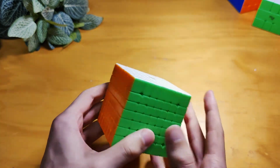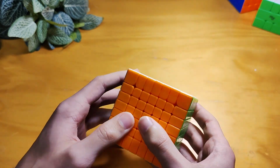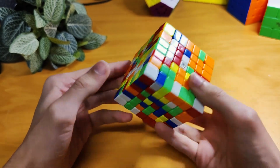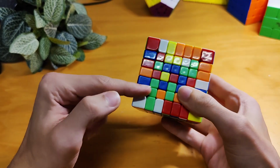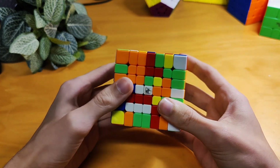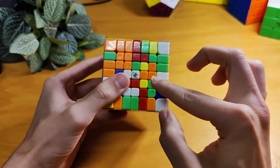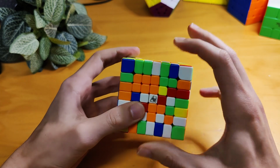So I'm going to scramble it up. I'm not going to follow a scramble because all the solves are pretty much the same on 7x7. So let's get started. So normally what you'd want to do is look for lines or bars, as most people would call it. So I'd see something like this here, but I've actually noticed that this orange is quite nice, where there's this whole block here and this two piece here,